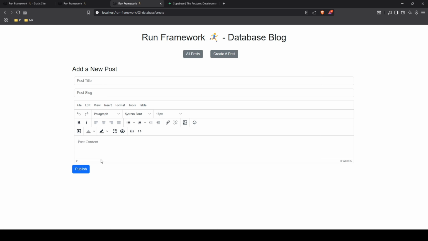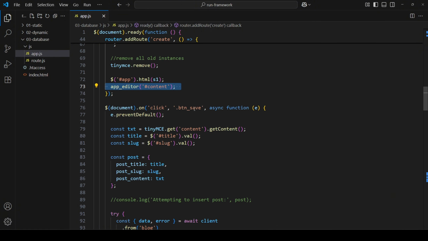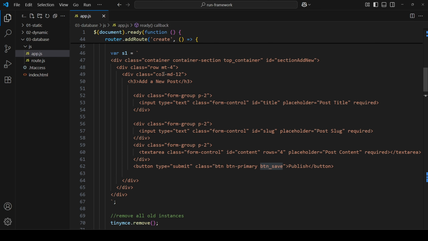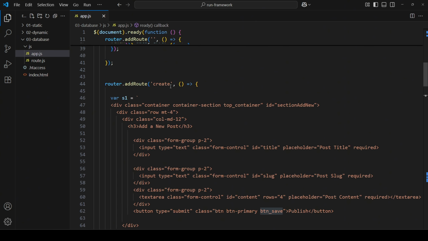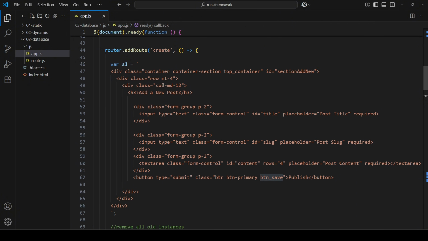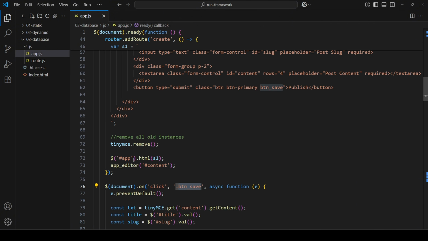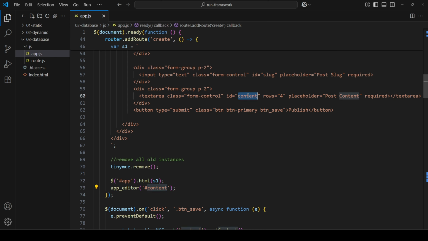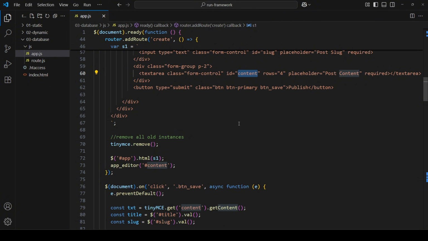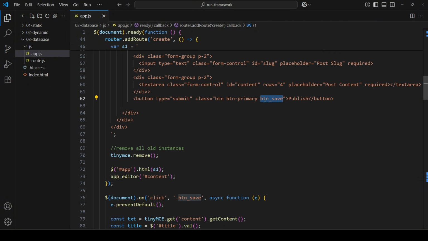And when I click on this save button or publish button, that's what happens in here. Where is it? Right here, save. If I go here, see, when I put this container, I don't want to confuse you. So this is what happens. When I click on the create button, it's going to take this container, put it into the app container, and then after it puts it in there, it's going to call this function and say, hey, go ahead and add to the container a tiny editor part of it. And that's that. Then when I click on save button on the tiny editor part of container,